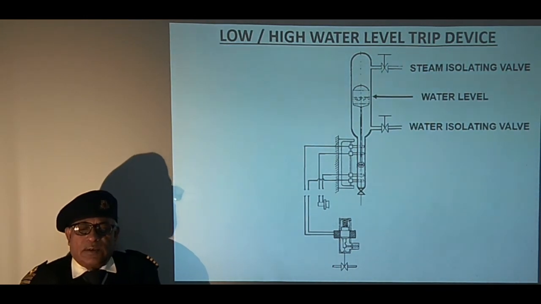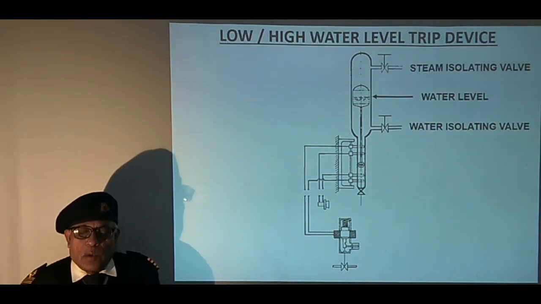Boilers are equipped with safety devices to prevent damage from overheating due to shortage of water. Large capacity water tube boilers are additionally protected against high water level also.